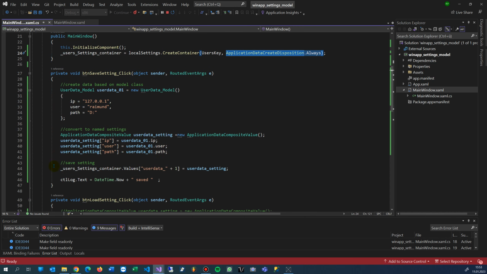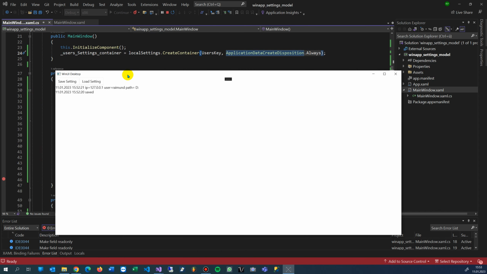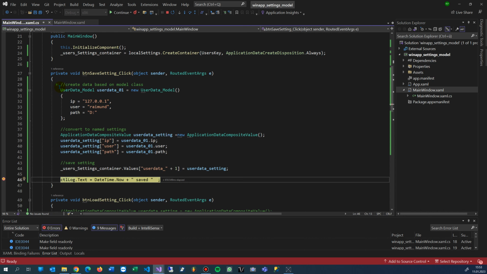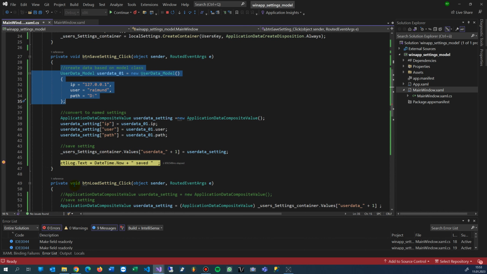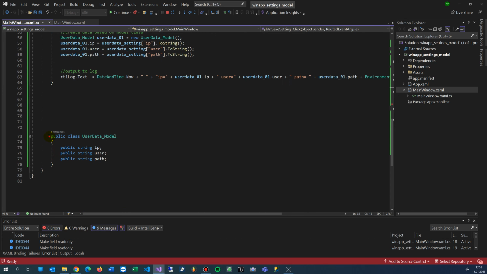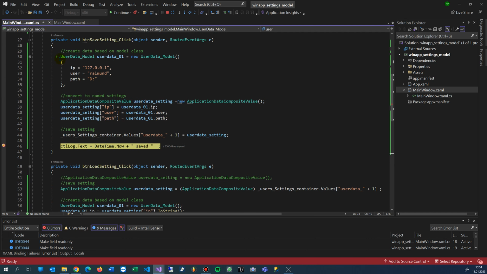For saving, you do it like this. Now I'm saving. You create a class, like in C#, whatever you do, you say user class model. So this is my model class, like an inline class. You say it's a public class, user data model, public string IP, user, and something else. So you create a class, one data set or one object at runtime. You are setting the values at runtime, and then you